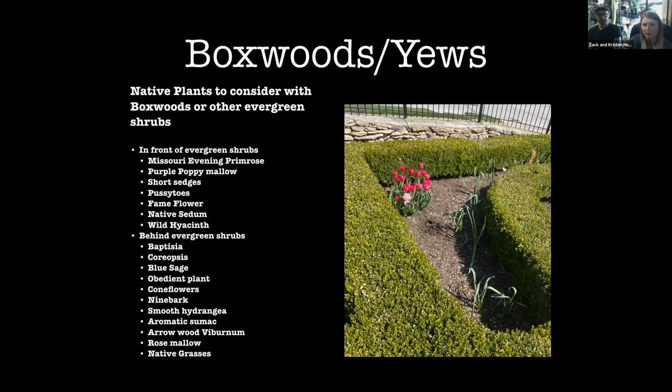Missouri evening primrose, purple poppy mallow, a variety of sedges that you can research, figure out which ones you like, what textures and colors. Pussytoes, fame flowers, native sedum, and wild hyacinth are all great in front of the boxwoods. And then behind the shrubs, depending on what you're looking for, it's very easy to add forbs behind the boxwoods. And so you can get a little bit of height and then a little bit